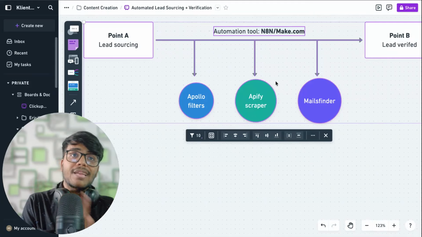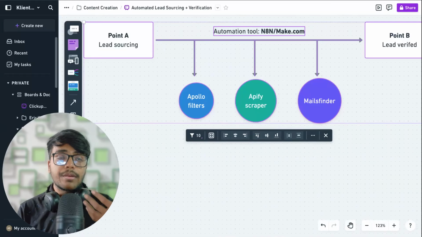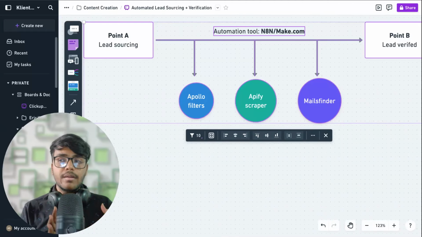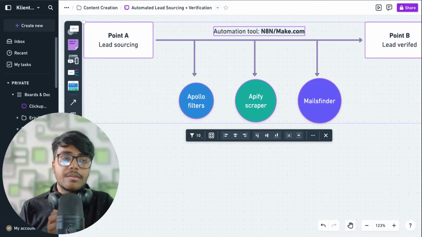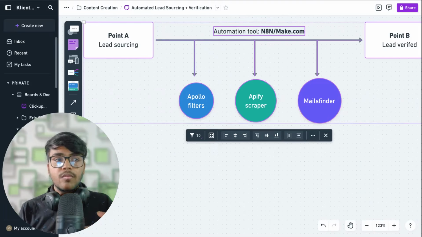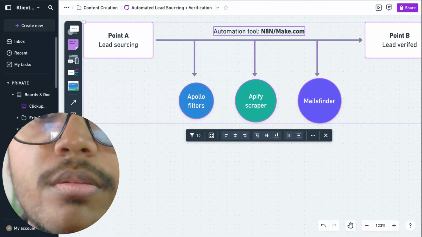Now once we scrape the leads, the third step is that we need to verify those leads. Of course, from that scraper alone you can select that you need verified emails, but you cannot rely on that, because I've seen myself where once I relied on Apollo filters, Apollo verified email, and then my campaign